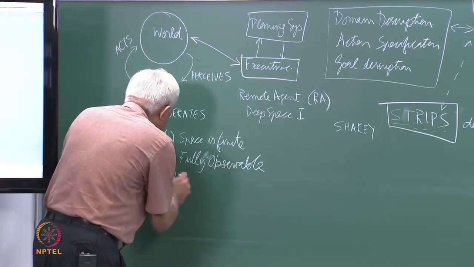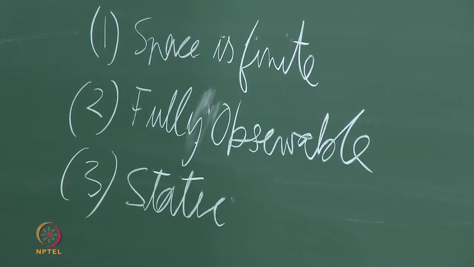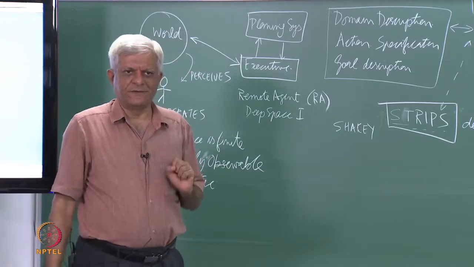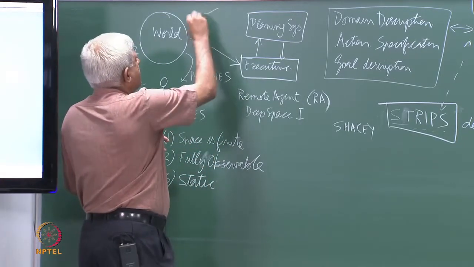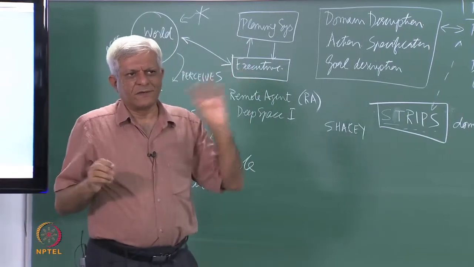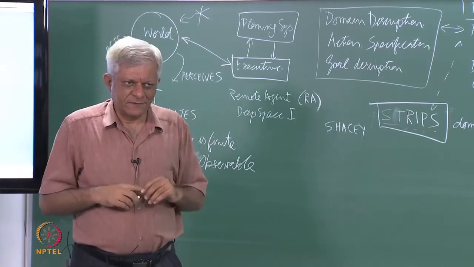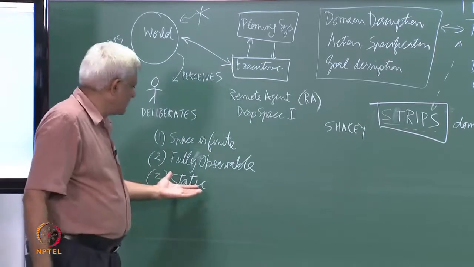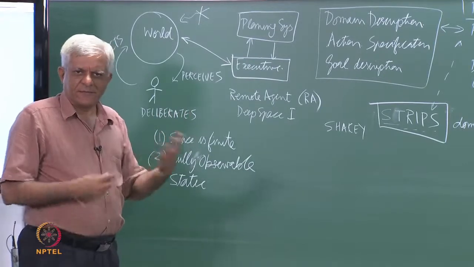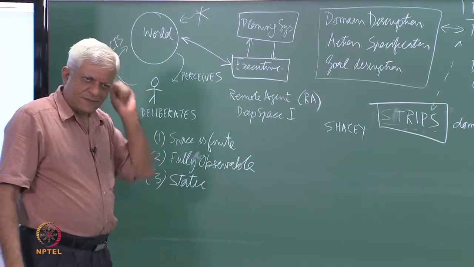The third is it is static, and by static we mean that the agent is the only one making changes in the world essentially. So, there is no other influence in the world, all this is not allowed. There are no clouds, there is no sun moving around, there is no rain falling, nothing. Agent is the only one which is making changes in the world, and such a domain is called static. Obviously, when you talk about multi-agent systems, adversarial systems like game playing that we saw, then this assumption we are violating, and then the problem becomes more complex essentially.